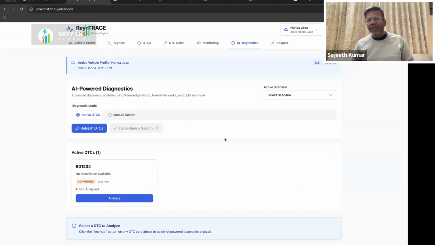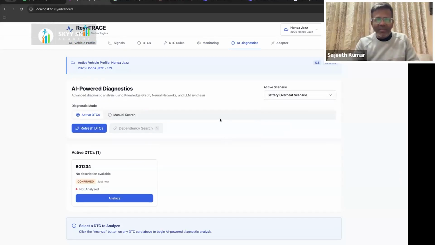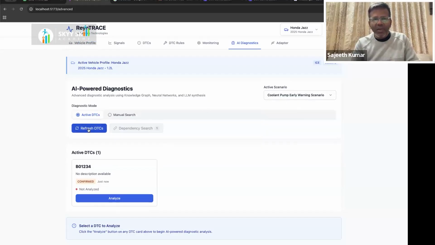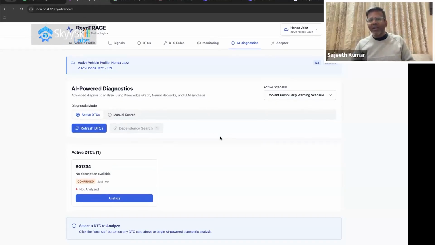We are trying to build rules. And with these rule-based engines, I have some refresh DTCs. Okay, just give me a second. Coolant pump. Yeah. So what I'm trying to do is build up an interface